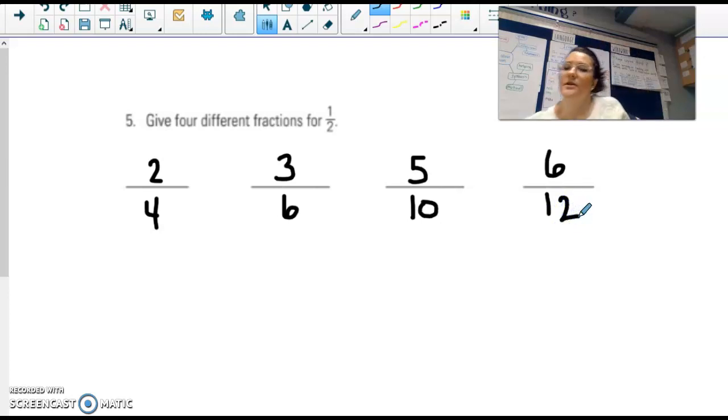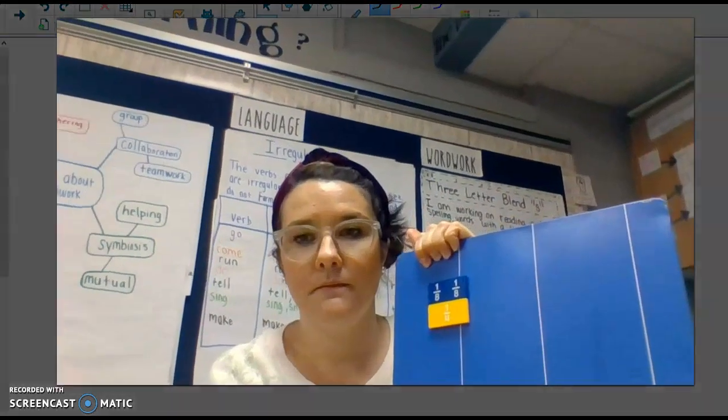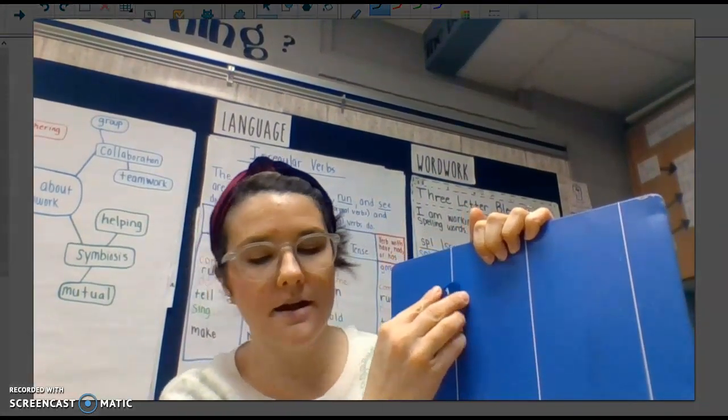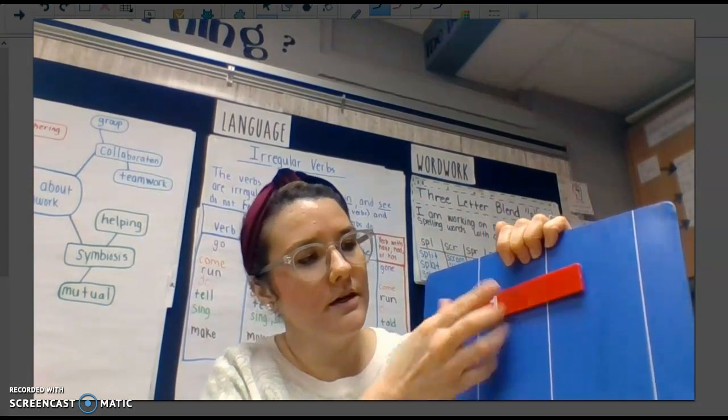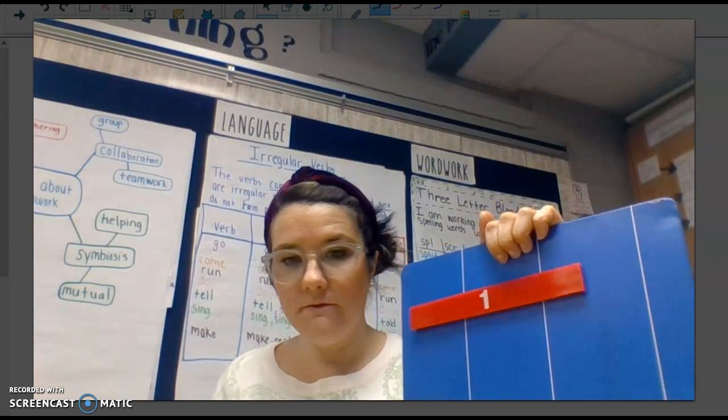Okay, let's double check that with our fraction tiles just to make sure. Let me bring you closer here. So I always like to put my whole here. I have 1/2